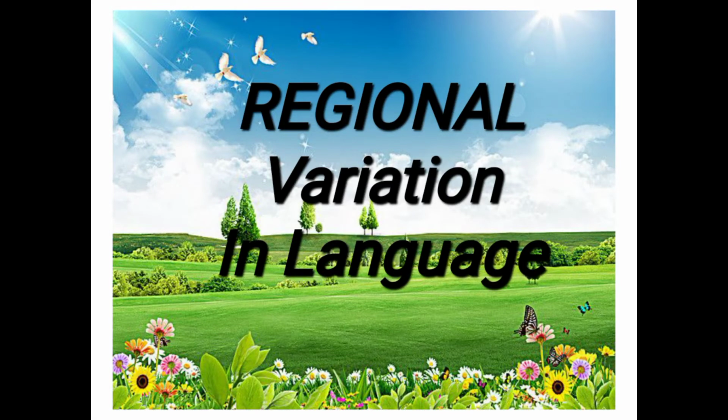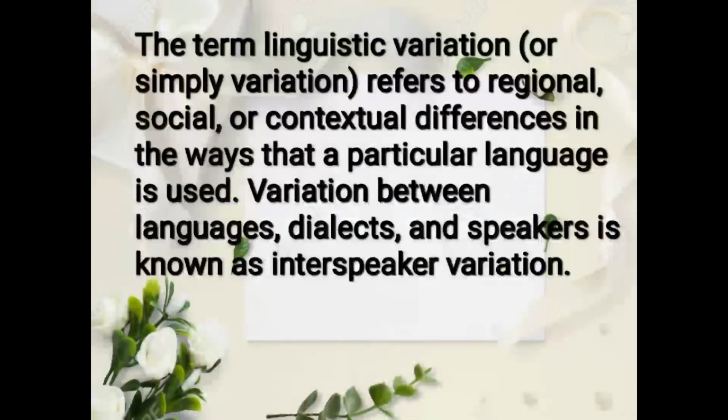Regional variation in language. In this chapter, we investigate aspects of language variation based on where the language is used as a way of doing linguistic geography. The term linguistic variation, or simply variation, refers to the regional, social, or contextual differences in the ways that a